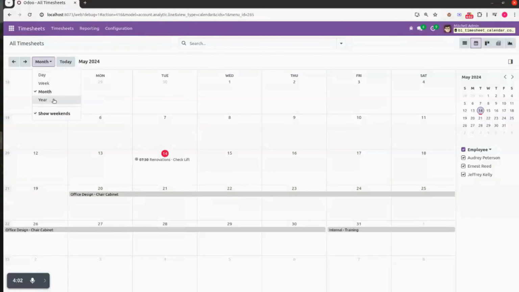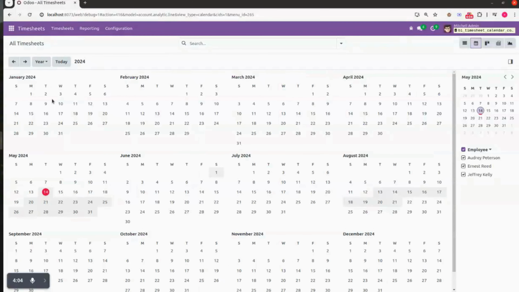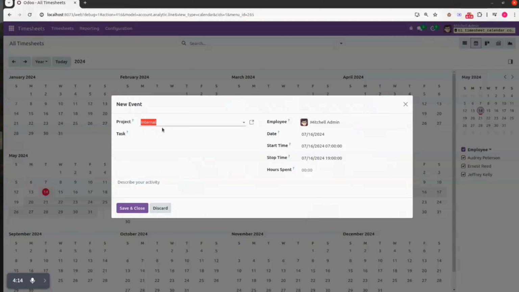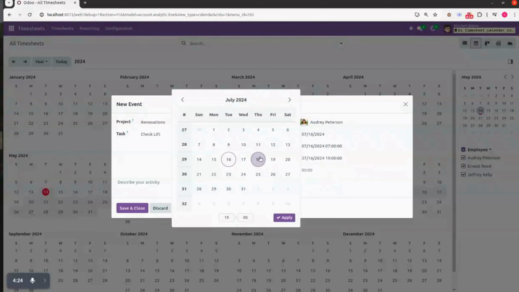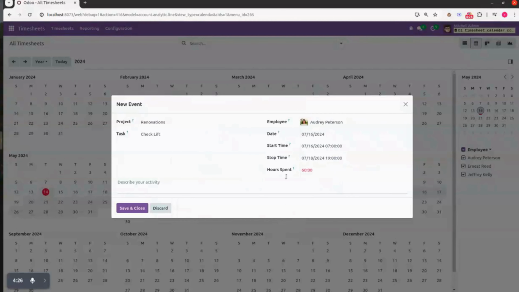We have a year view also. Clicking on this particular year, you can see the whole calendar of that particular year coming up in this view. If you want to schedule it for any of the next or coming months, you can select the project, give the task and description, select the employee, and select the date, from which date to which date, and based on that hours spent will be calculated.